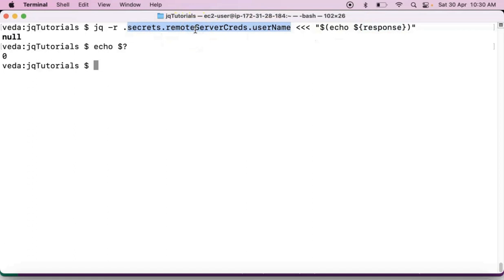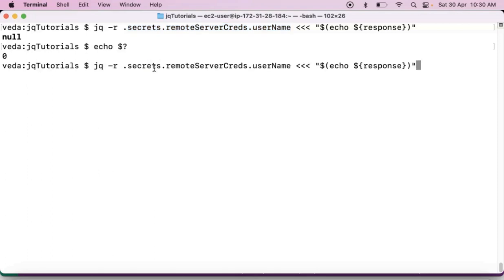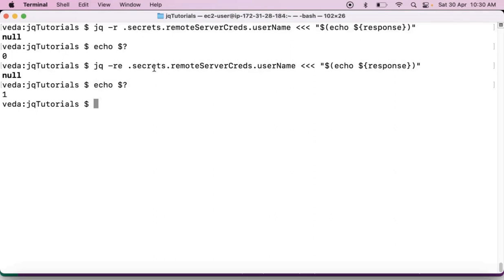During that case, suppose if you get exit status as 1, then that is useful for us to validate whether you got username or not. But here you are not getting it. You can get that simply by adding the -e option in your JQ command. Let me add it. Now see the exit status. Now you can decide based on this exit status